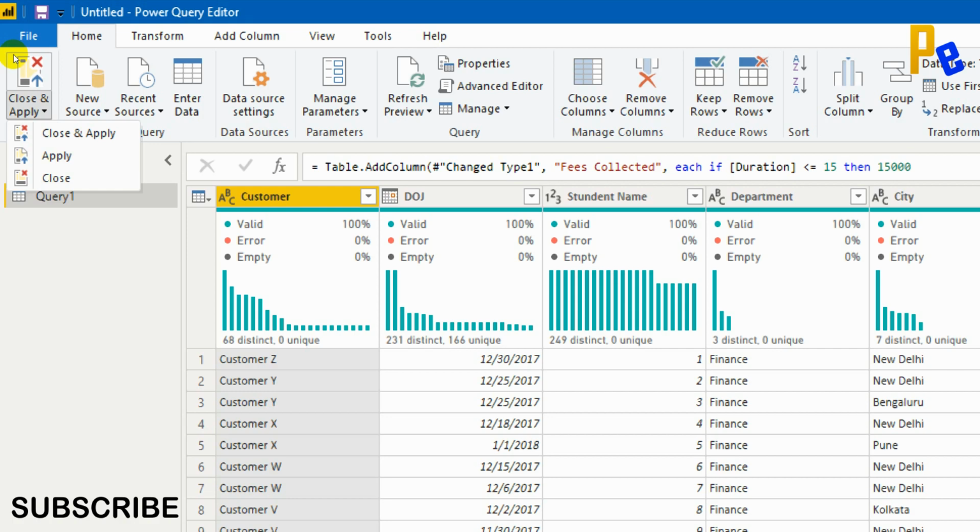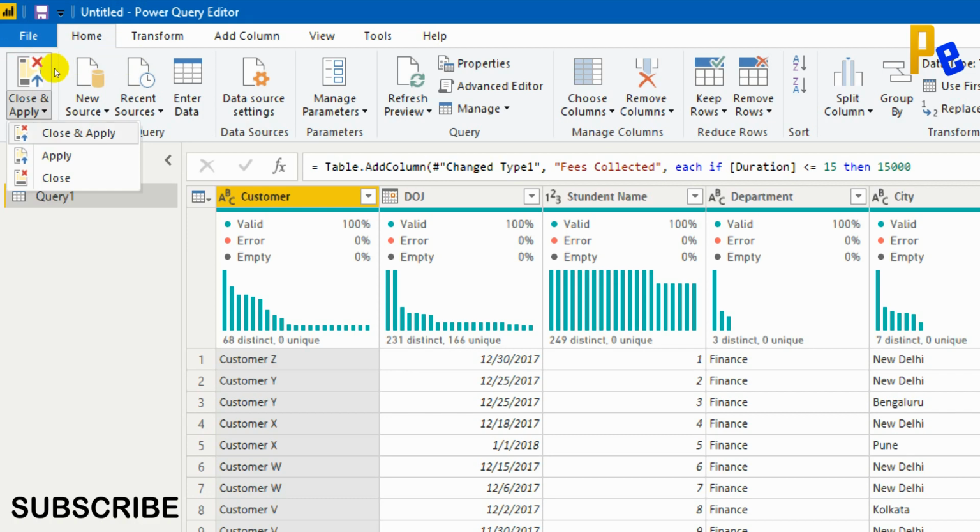If the connection is lost, for example, if your file location is changed, then this Power BI file will not be able to read the data. So we need to make sure that always the data is connected and kept in a proper place. Otherwise, there is an option to change the source in Power BI or Power Query Editor. So that we'll do with the data source settings. Will be explained in a different section so that you'll understand in a proper manner.